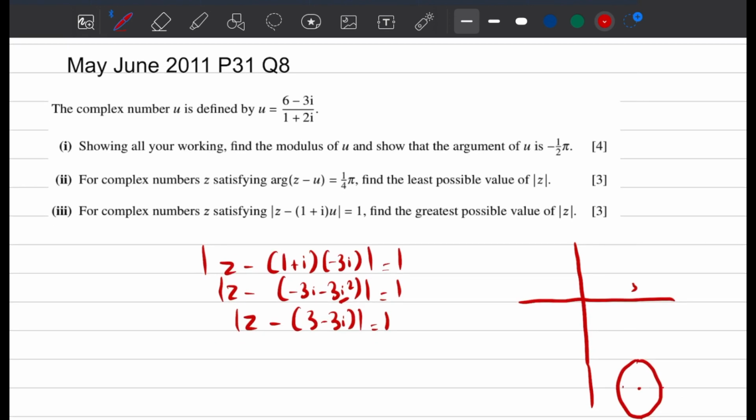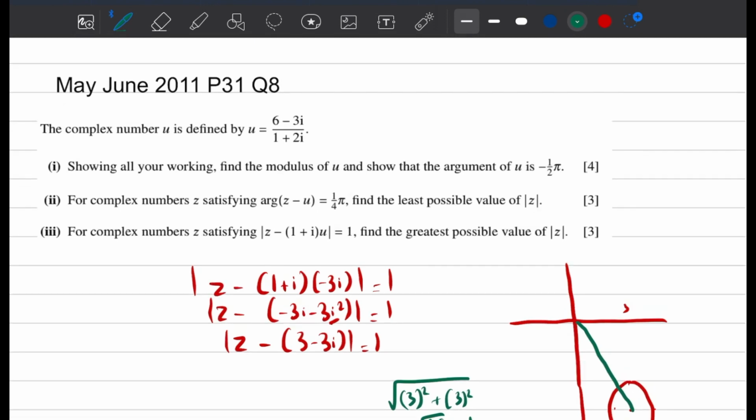अब मुझे इसका ग्रेटेस्ट पॉसिबल आर्ग्यूमेंट चाहिए. सो ग्रेटेस्ट आर्ग्यूमेंट ऑफ अ सर्कल का क्या सीन होता था बच्चे? Modulus, that was 3 square plus 3 square, under root 18 plus the radius. So under root 18 plus 1, that's going to be 3 under root 2 plus 1. Got this, guys? So this was the first video of challenging questions. I'm going to upload 2 more lessons on